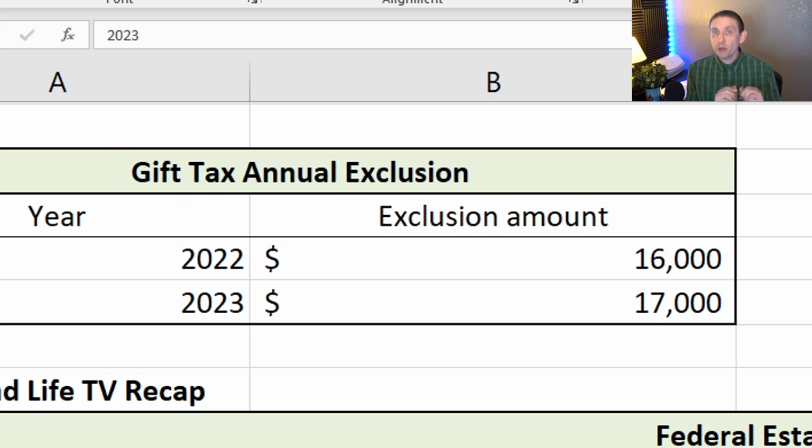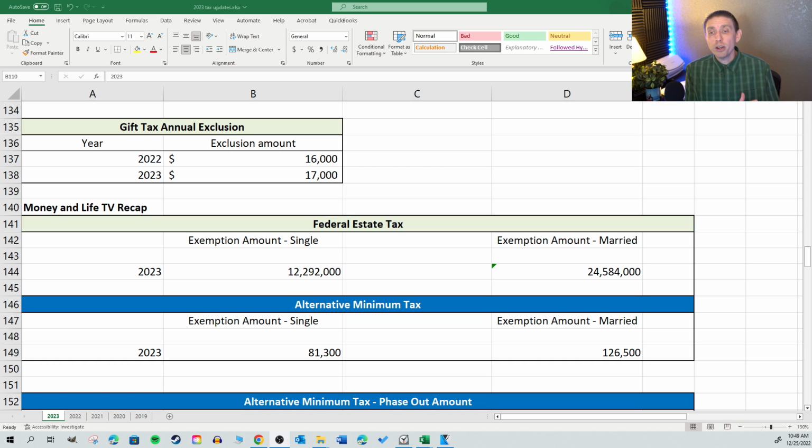Huge misconception is if you give somebody a gift, do you have to pay tax on that money? No. Do they need to pay tax on that money? No. The reason is because the federal and state exemptions are so incredibly high right now. You can have over $12 million in assets, which is hardly anybody anymore except the ultra rich, and still pay no estate tax when you die. So that's good. And if you're married, you can have nearly $25 million in assets and still pay close to no estate tax. Now, they might adjust that down in the future,